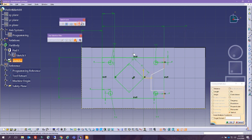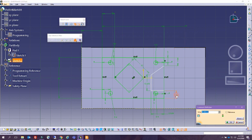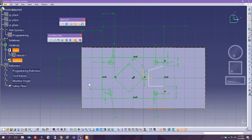Okay, so let's make sure they are vertical. We can change their dimensions. And this one, and this one, we have a dimension here, and then this one we have a dimension, and then this one has, okay, so let's start putting the dimensions. This is an 8, this is a 12, this is a 15, yep, 15, and then